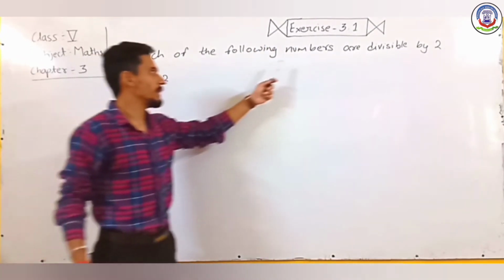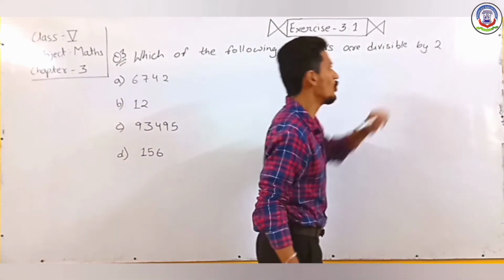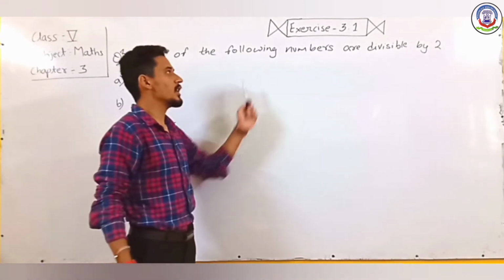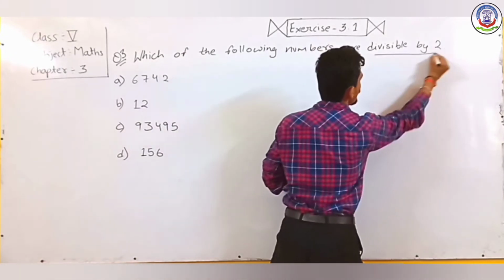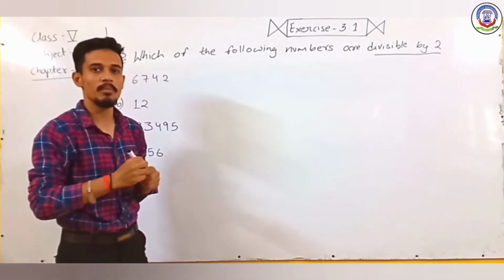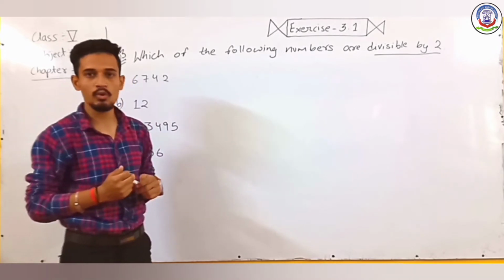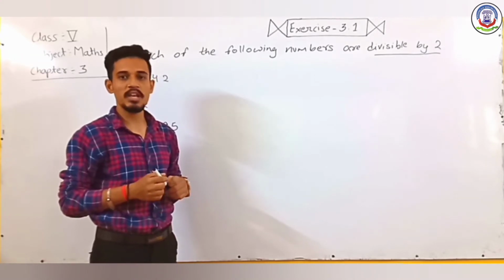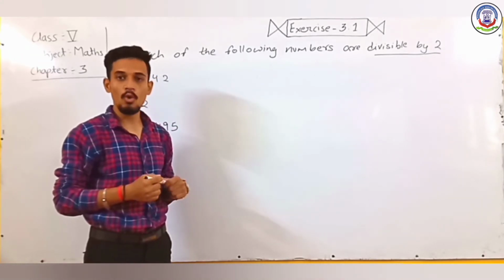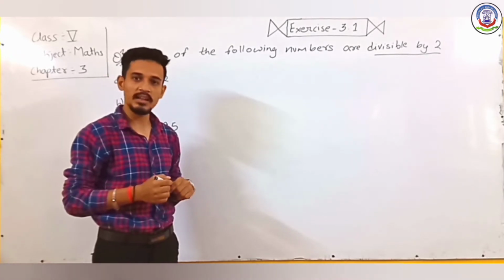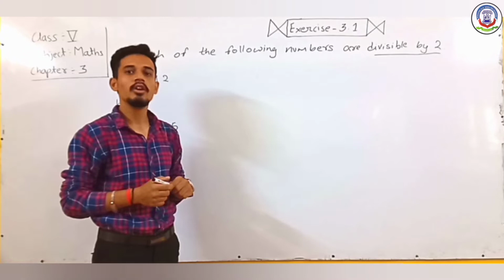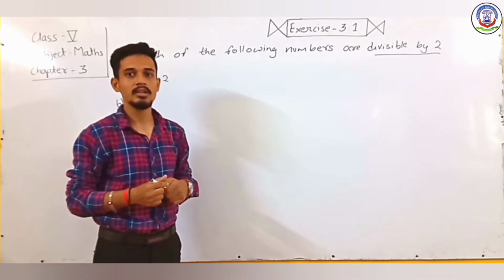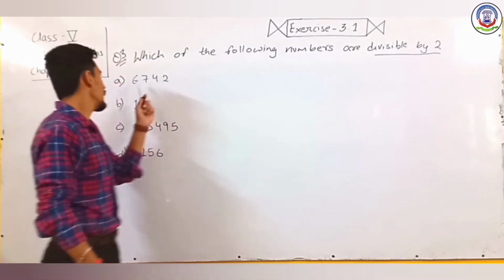Which of the following numbers are divisible by 2? हम लोग को क्या बताया गया है इसमें कि हम लोग को जो नंबर्स दिए गए हैं उनमें से कौन से नंबर्स डिविजिबल बाय 2 यानी कि 2 से डिवाइड होते हैं वो हमें बताना है। तो डिविजिबिलिटी हम लोगों ने रूल पढ़ा था 2 का कि कोई भी नंबर जब एंड यानी वंस प्लेस पे 0, 2, 4, 6, 8 ये डिजिट्स आती है वंस प्लेस पे तो वो नंबर 2 की टेबल में आता है एंड इट इज ऑल्सो कॉल्ड अ इवन नंबर। सो लेट्स स्टार्ट विद ए। इन ए वी हैव